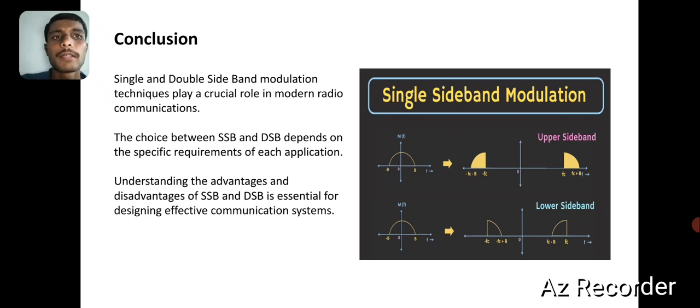Conclusion: single and double sideband modulation techniques play a crucial role in radio communication. The choice between SSB and DSB